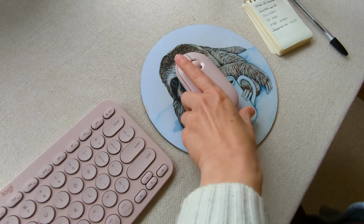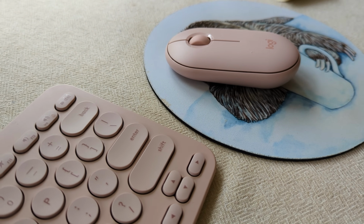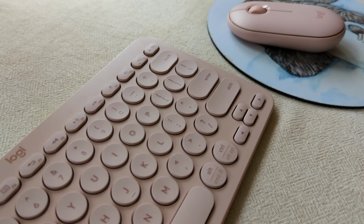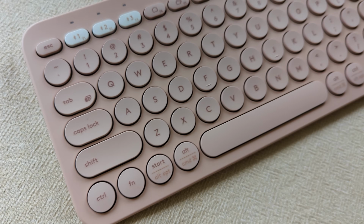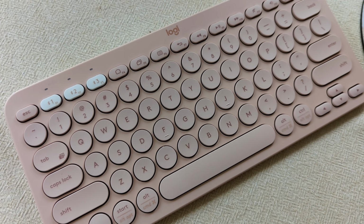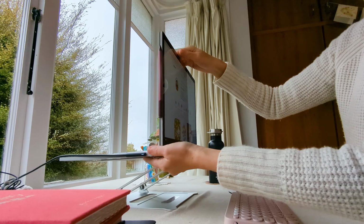I want to be able to work remotely, so I wanted them to be quite small and portable, but I definitely haven't found them to be so small that they're uncomfortable to use. I'm just so happy that I could get a keyboard that wasn't black, grey or white like so many of them seem to be. So I have my setup like this when I'm using my computer as a laptop and